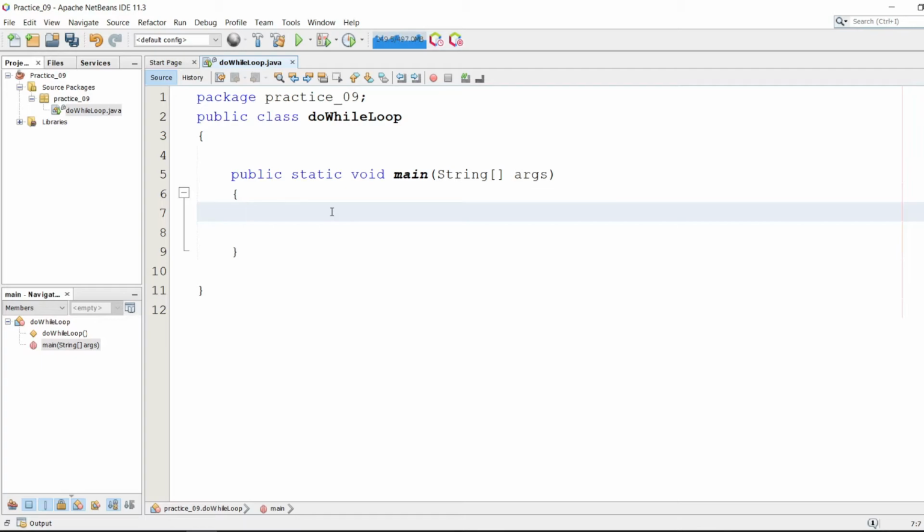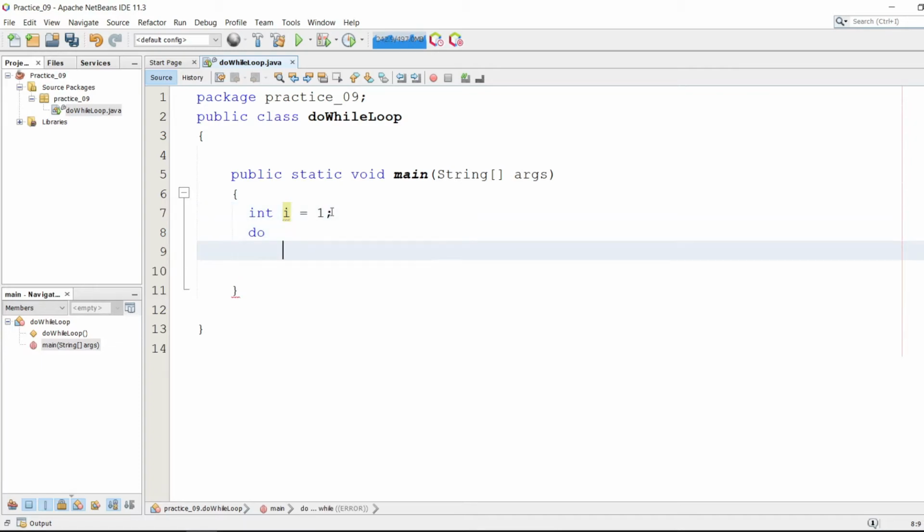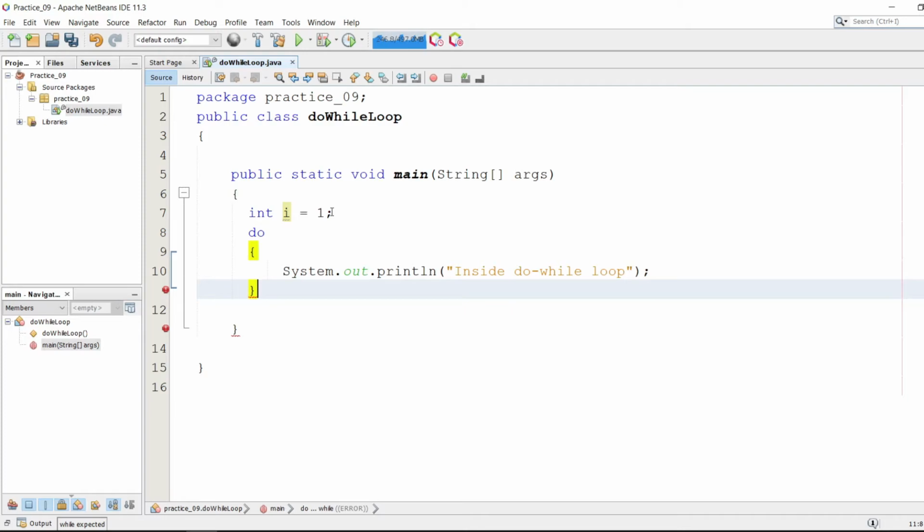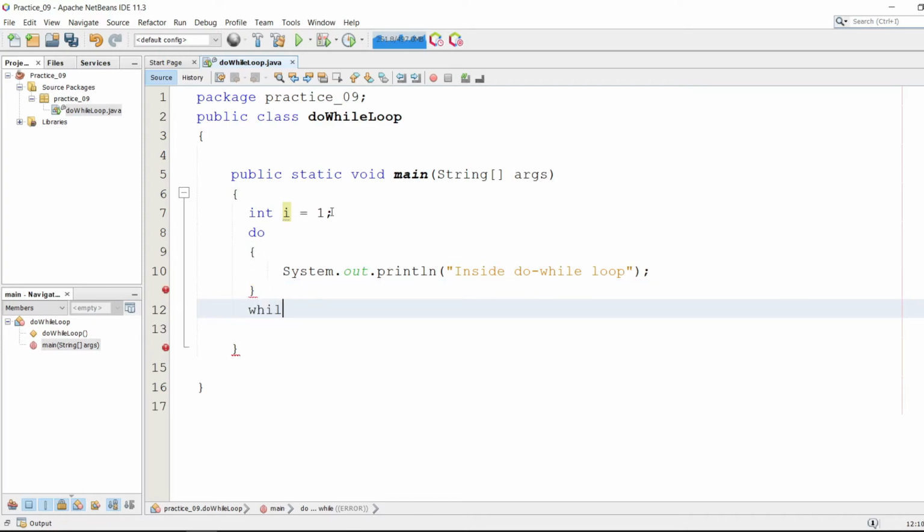I'm gonna initialize one variable as i equals 1, do, and here we're gonna give certain actions like printing "inside do while loop", and check the condition like i less than or equal to 5.